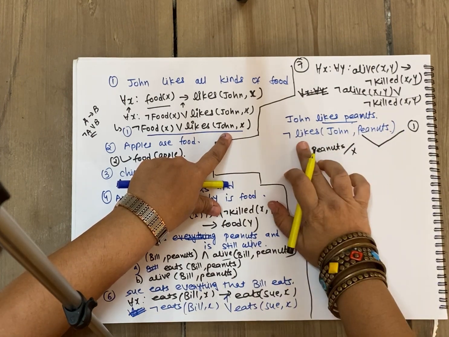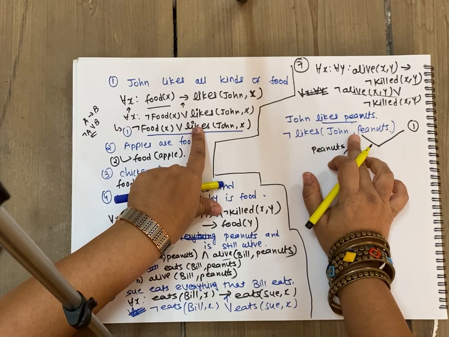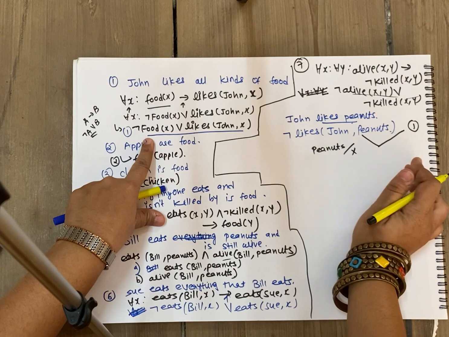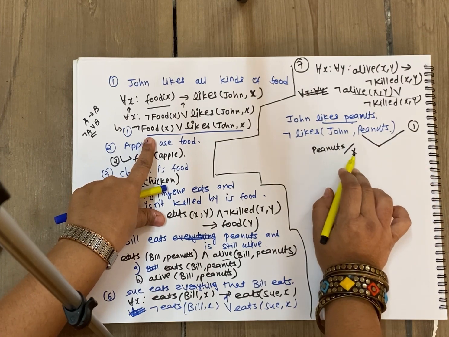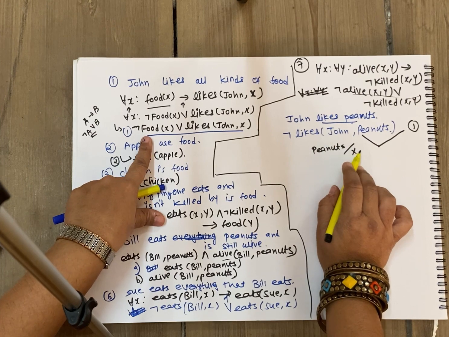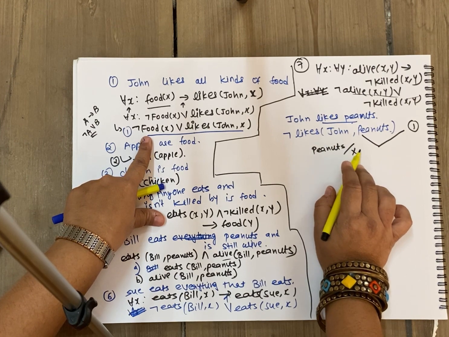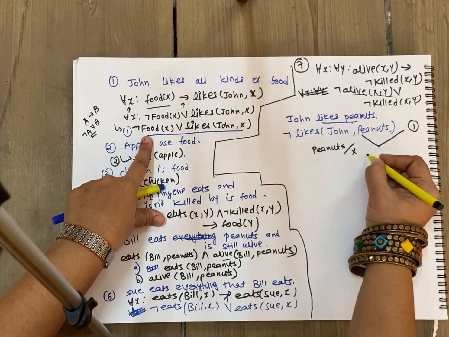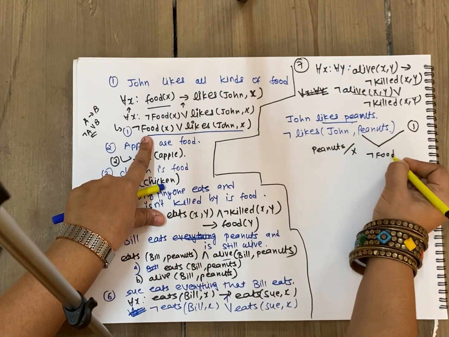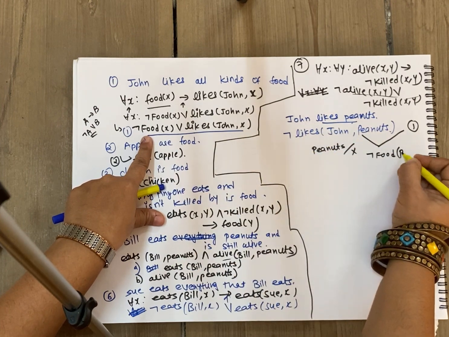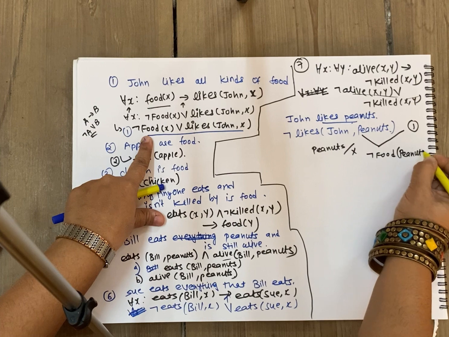So what happens over here? These likes and not likes, both are unifiable, so they will be cancelled out. And what is remaining? Not food. So in not food, the value of x we have in the resolvent. What is a resolvent? The disjunction of all the remaining literals. Here we don't have anything else to be ORed, but here we have not food. So what is the answer here? Not food. Now I cannot write x because already the value of x has arrived, so I'll write peanuts. Are you getting this?